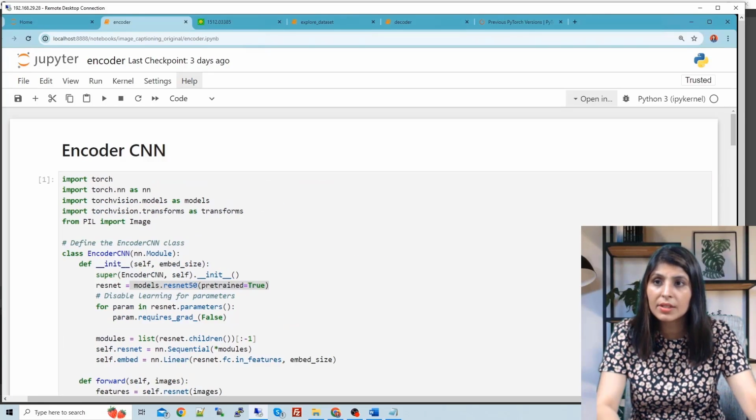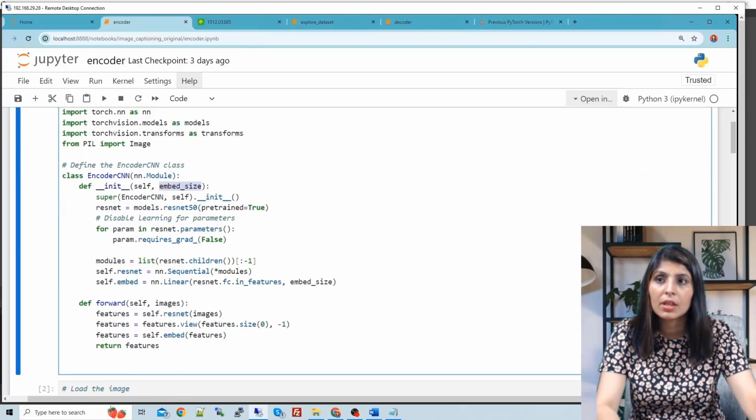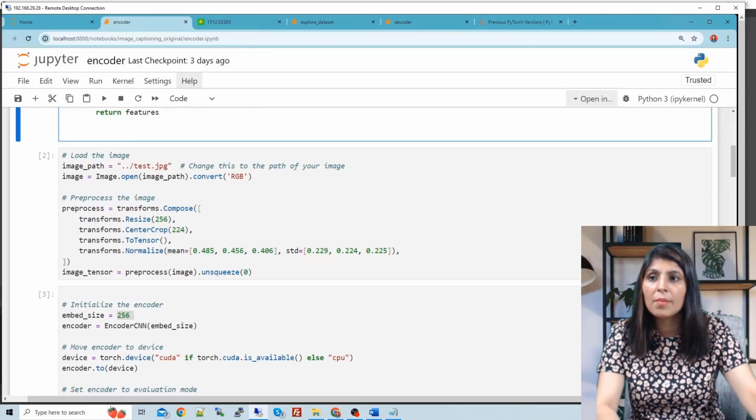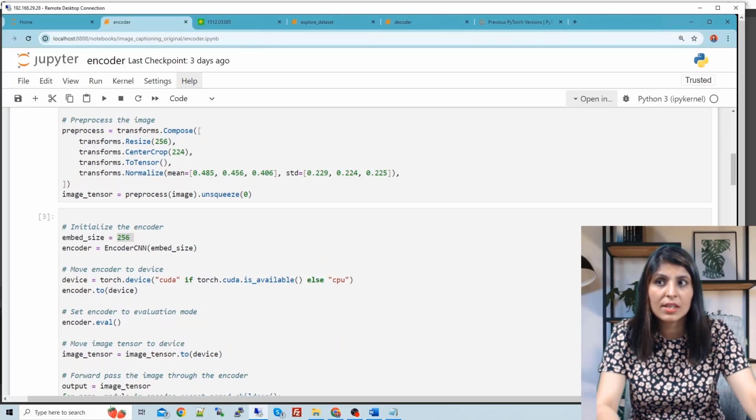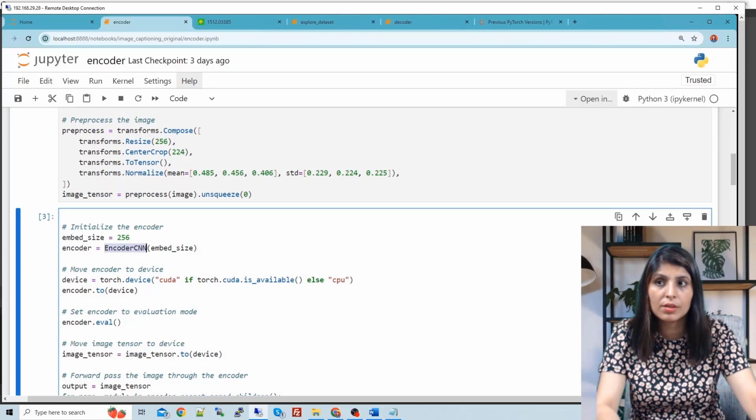After that, here the embed size is 256. Remember, guys, this embed size. I'm giving the embed size as 256, and then I'm calling the encoder CNN class and providing this embed size 256. So what does this embed size 256 mean? It means that for all the images which we provide to our encoder CNN network, we want an embedding vector of size 256.